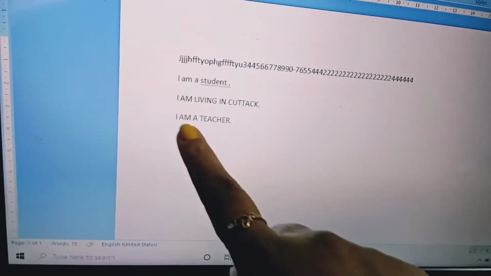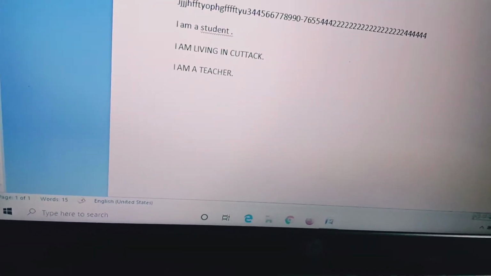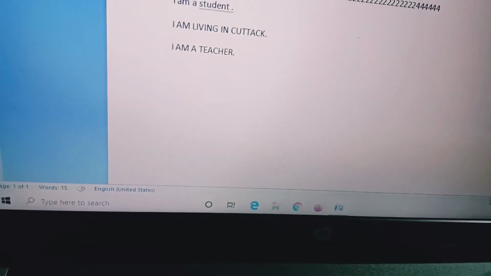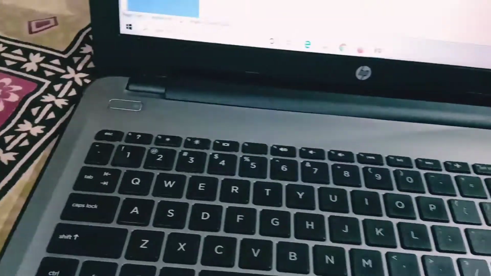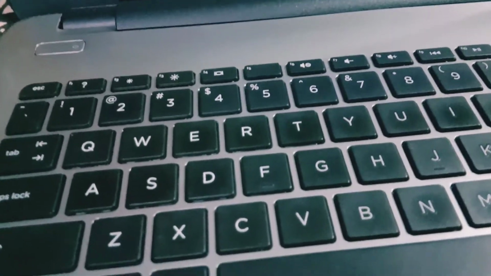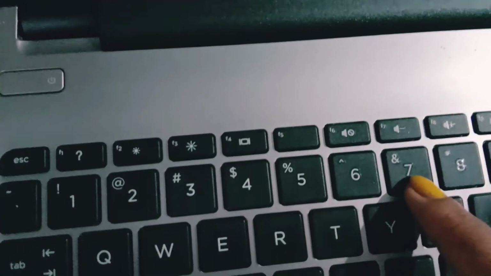Just see, the caps lock key is still shown off, and I am able to write the capital letter without using it. Yes or no? So the shift key is used to write capital letters without the caps lock key being on. Understood? We can also write the uppercase symbols by using the shift key. Look, all of you know we can write the word and by using this symbol. So how can I use this symbol?